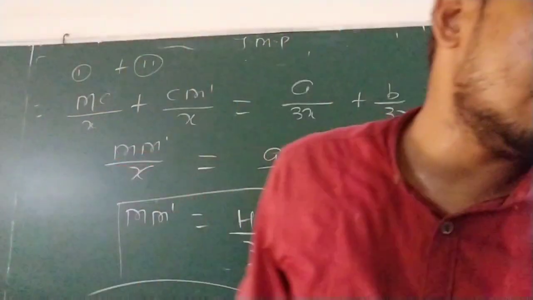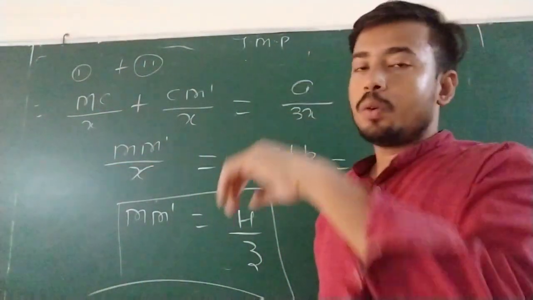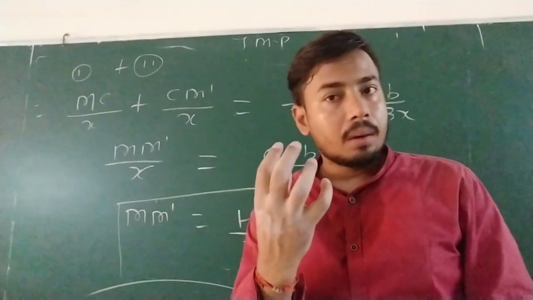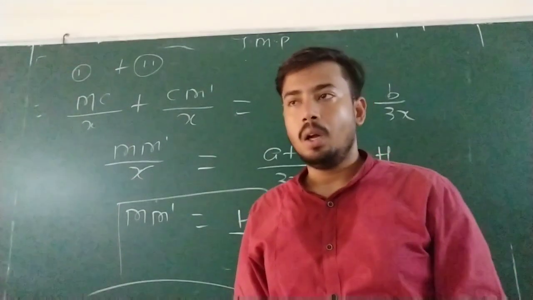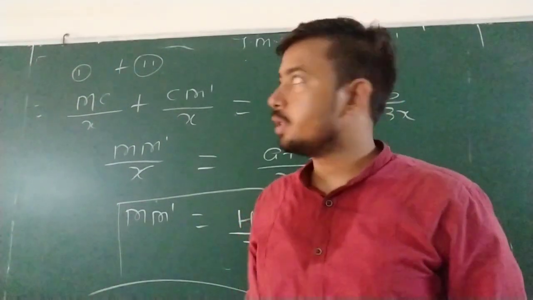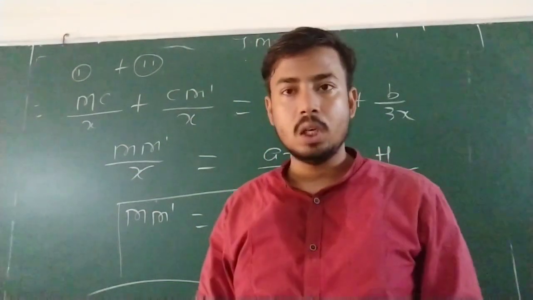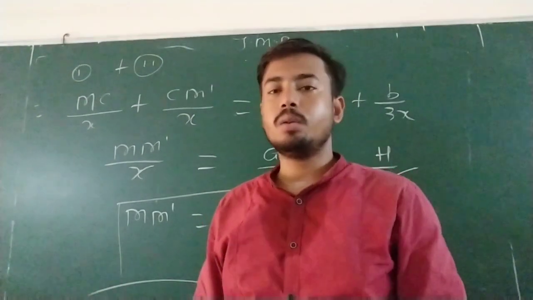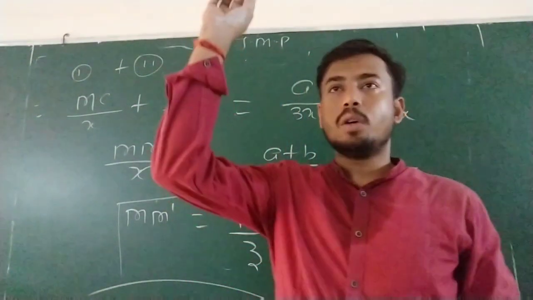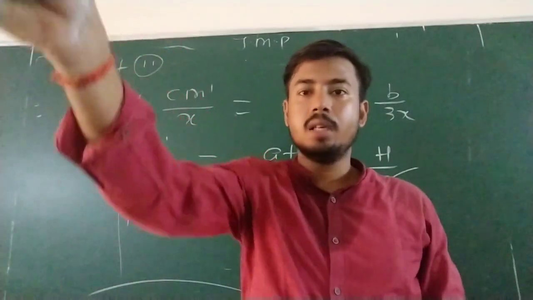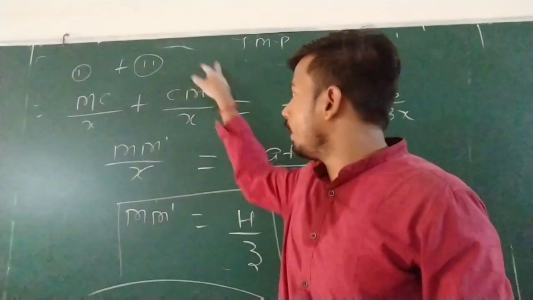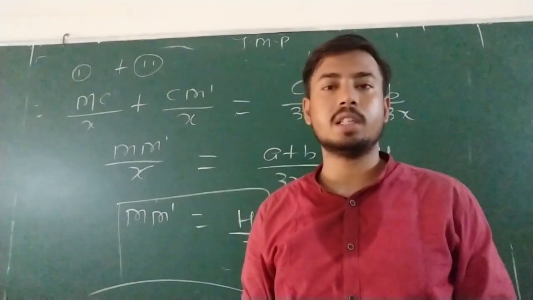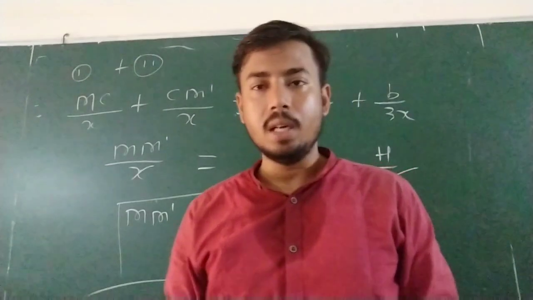So we get the concept here. If you want to see the complete image of the wall at your back, then the height of the mirror must be 1/3 of the height of the wall. Suppose this wall has a height of 10 meters. If anybody is standing in the center and wants to see the complete image of this wall behind, the mirror should be 10 by 3 meters, right? Then he will be able to see the image. Otherwise he will not see the complete image, right?